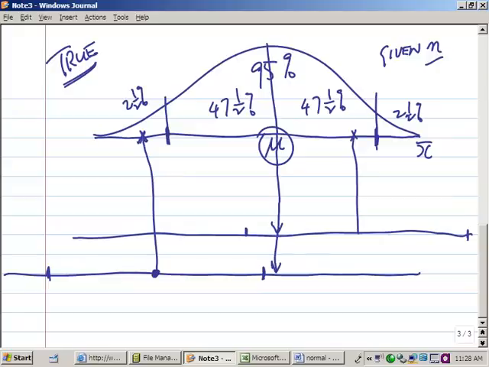When we do so, the interval that we will reproduce around such sample averages, for instance here, will contain the true average. For those averages that lie outside here, we will construct intervals that do not contain the population average. So these are confidence intervals. So we would say that 95%